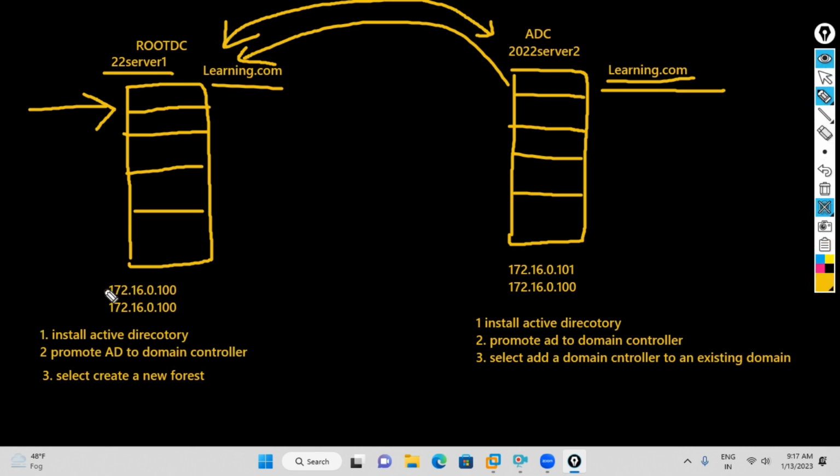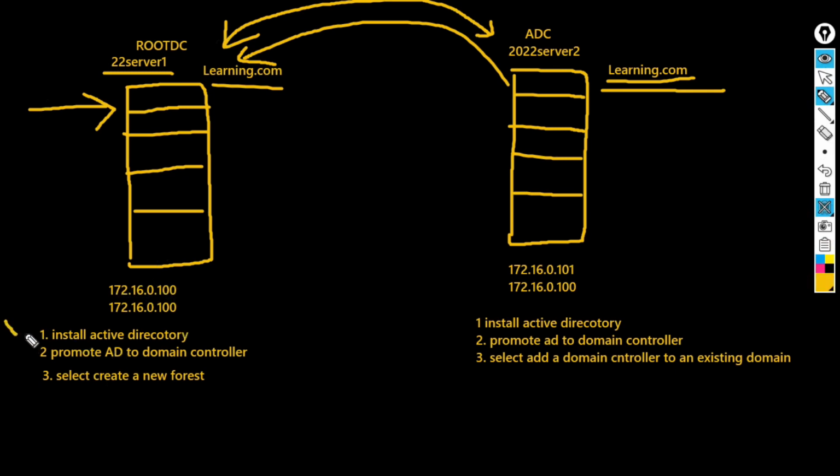Okay, you can see the IP I gave, 172.16.0.100, and I have installed the Active Directory. I have promoted this, and I have selected add a new forest instead of the other options. I gave our domain name learning.com. Okay, as of now we have completed this stuff, and now what we need to do, now we have to